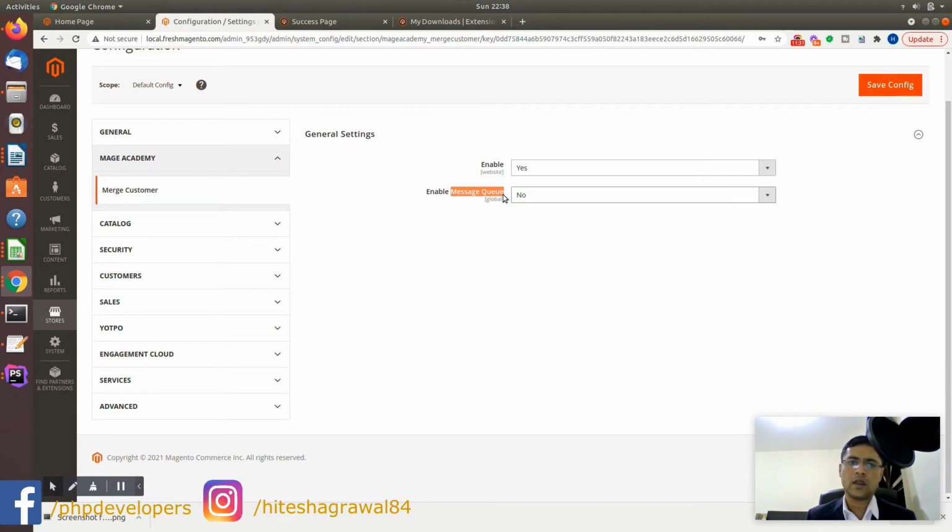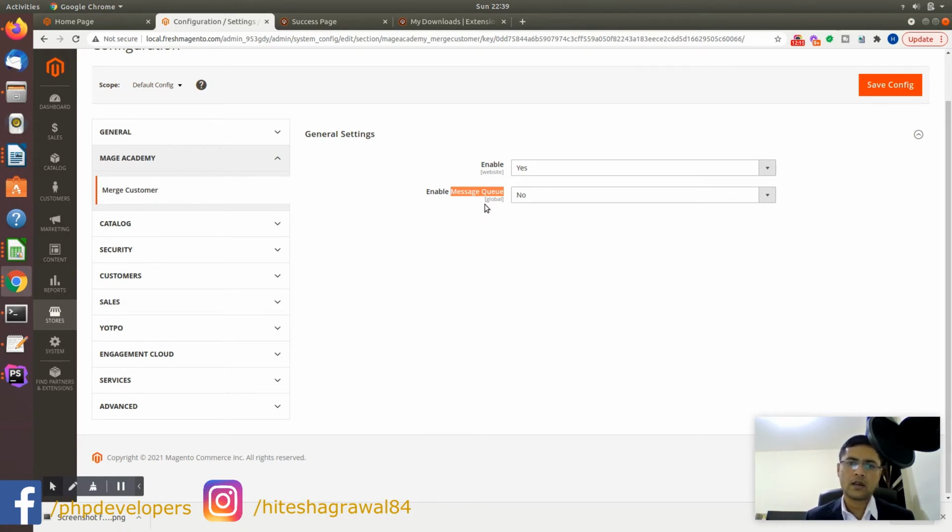So in future, whenever you have the merging, currently your customer and orders will be merged instantly using the observer, but in future we will send the merging of the orders to the customers using the message queuing system. Why? Because, for example, if there are many orders, say 10 or 15 orders, and after that the customer registers, it will take time for the registration.